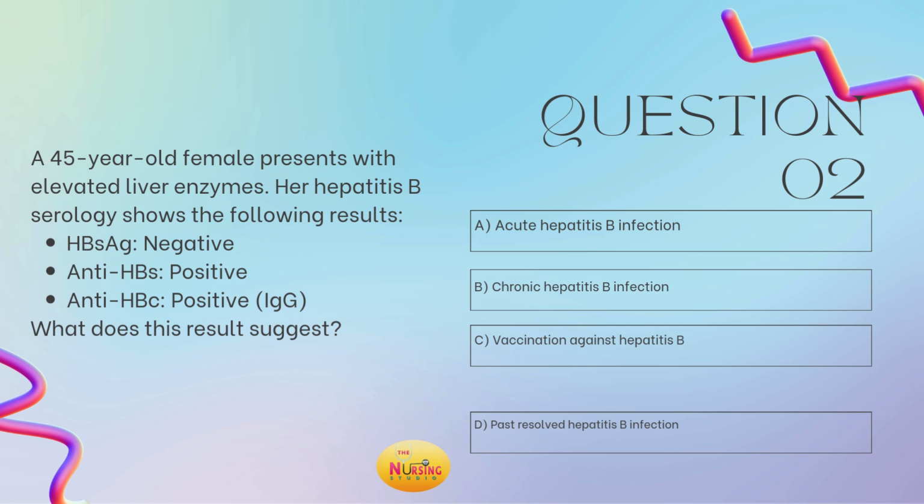So this lets you know that the best answer is D. This is a past resolved hepatitis B infection. So that's why they have the antibodies, right? So this is just like a standard